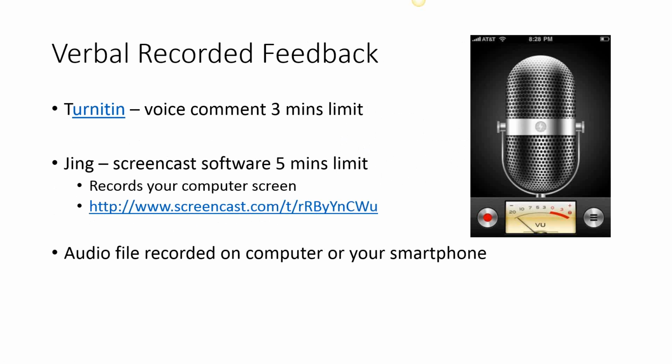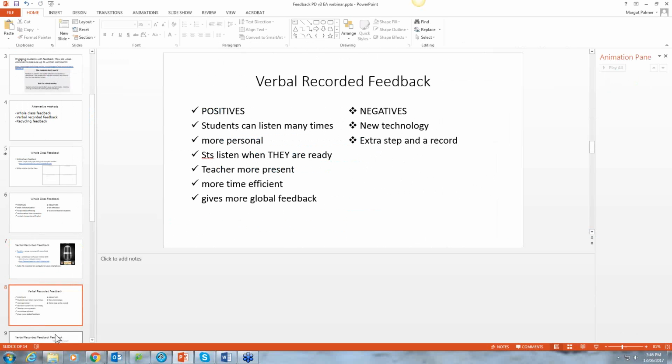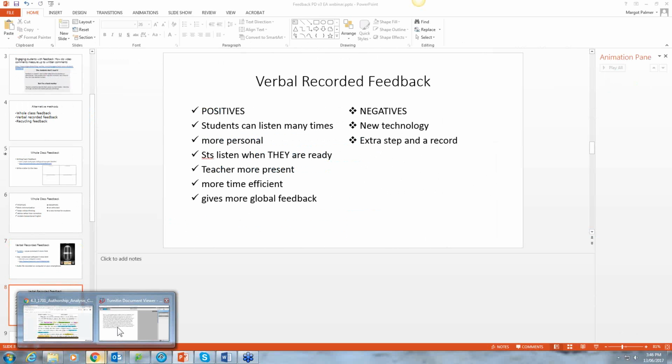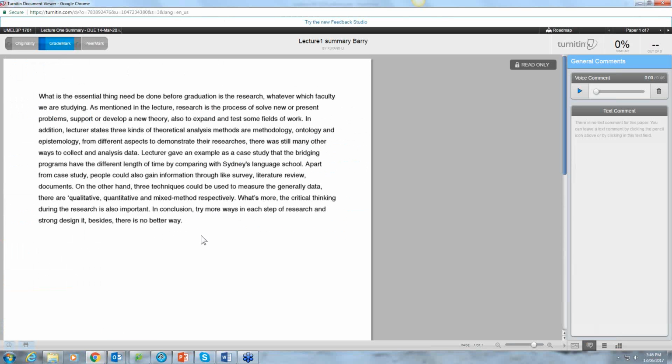So let's move now to recorded verbal feedback. At a few points in the course that the students are doing now, they listen to lectures, and they have to write a paragraph summary of a half an hour to an hour long lecture. And again, the students' expectation is that they would get correction coded feedback. However, we decided to turn it into an exercise in Turnitin. So the students would put in their summary. You can see here the student has got a summary of their